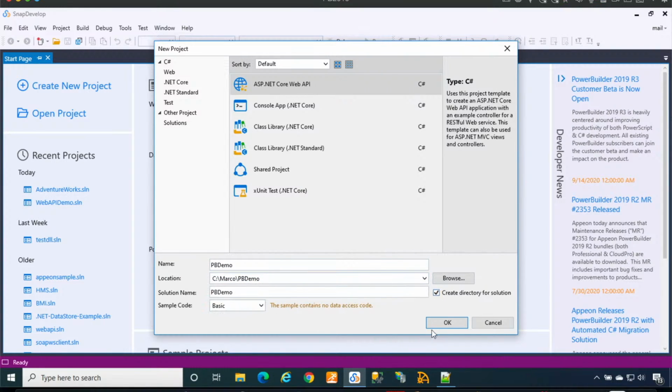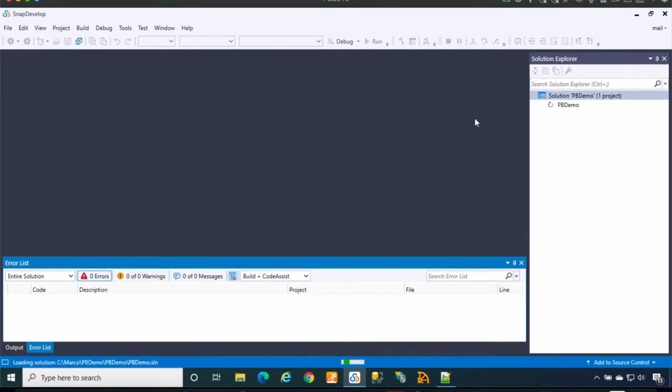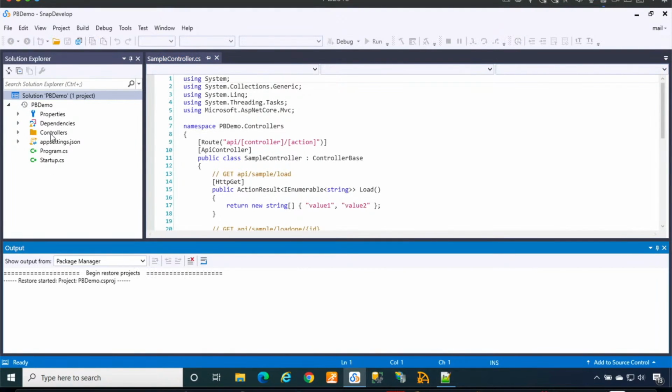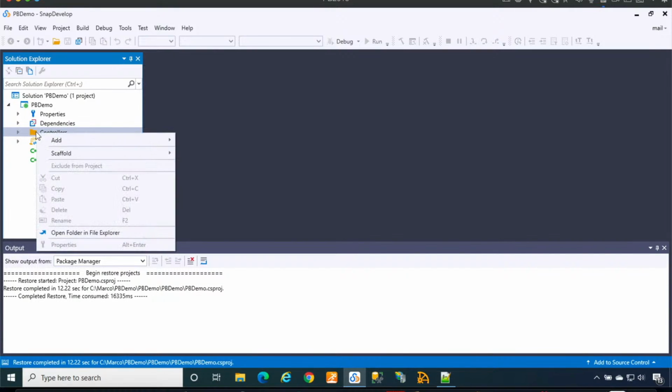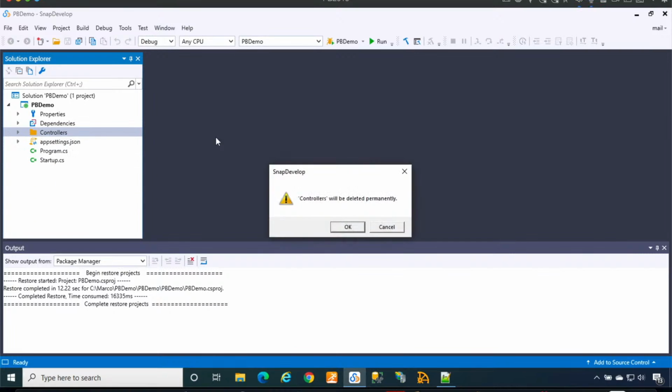Yeah, basic template. Let's get rid of the controller, we don't need it. Give SnapDevelop a couple of seconds for the startup. When it is done, we just delete this controller folder,